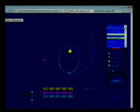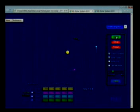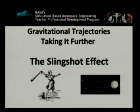They also have a double slingshot, which is another interesting one to see. With the double slingshot effect, now the green body is getting pulled by the purple, kicked out a little bit, and then it gets another boost in the arm from the blue sphere, getting it to also leave the solar system. Now, for those of you who know your history pretty well, in '77 we had a nice example of